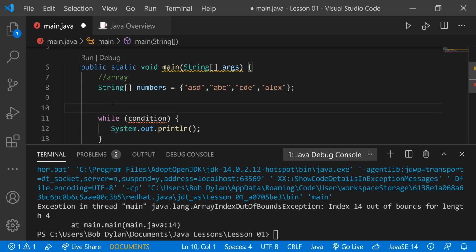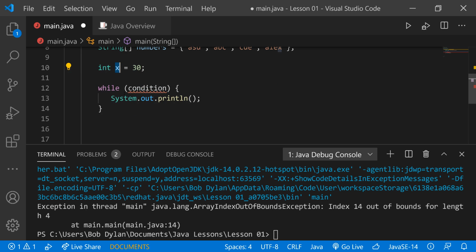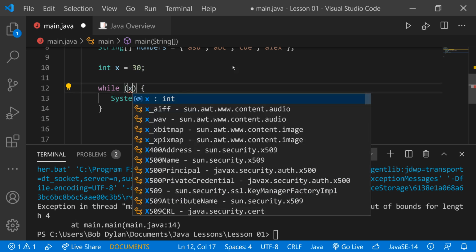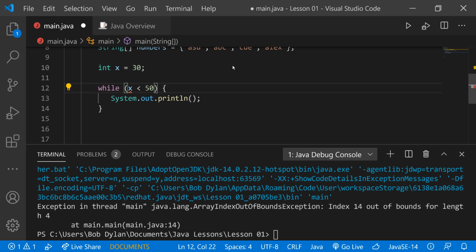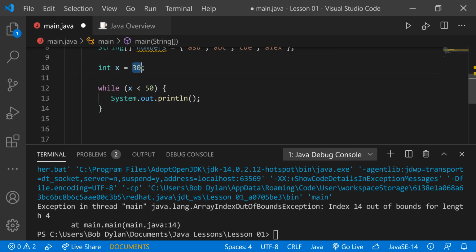So I'll say while integer x is equal to, I don't know, 30. So this is our integer. It's just currently holding the value of 30. So while x is less than 50 here, we want to print this out to the screen. Now the problem here is x is currently less than 50, right? So this is going to print forever because x is always less than 50, right? Because it's 30. So what you should do is maybe increment x